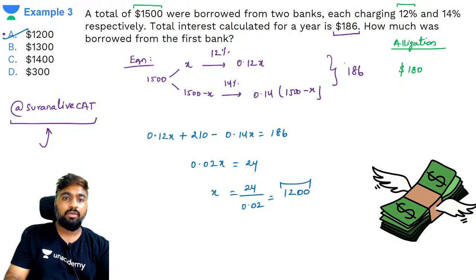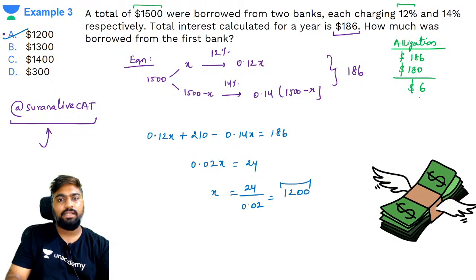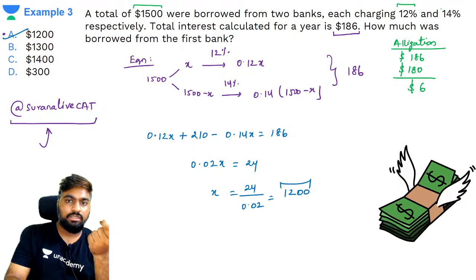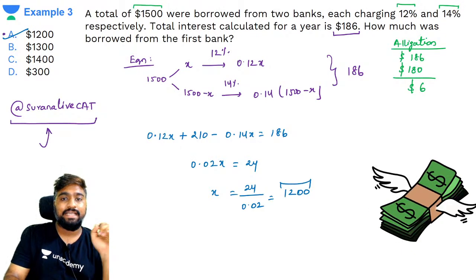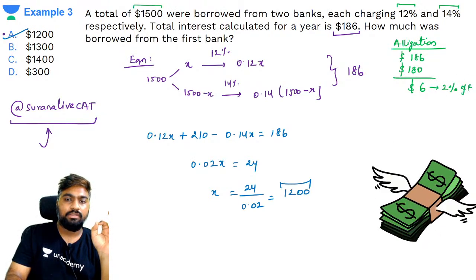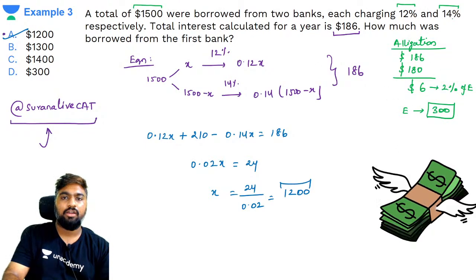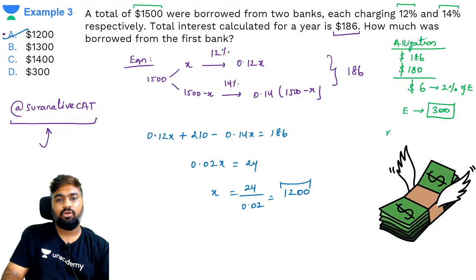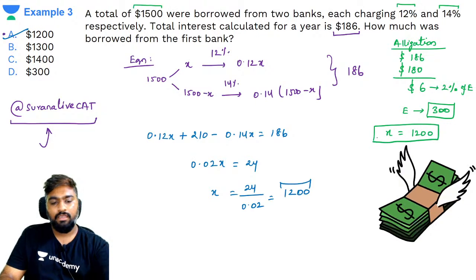$180 मिलता मेरे को, बट मेरे को एक्चुअल में कितना मिला, $186 मिला। ये $186 क्यों मिला, जो ये एक्स्ट्रा $6 मिला वो क्यों मिला, क्योंकि कुछ अमाउंट 14% पे भी लगा था, मतलब 2% एक्स्ट्रा पे भी लगा था। तो कौन सा अमाउंट एक्स्ट्रा था, 2% ऑफ एक्स्ट्रा अमाउंट वुड बी 6। तो अपना एक्स्ट्रा अमाउंट कितना हो गया, 300। तो अगर एक्स्ट्रा अमाउंट 300 है, 1500 में से $300 14% पे लगा था, तो 12% पे कितना लगा, 1500 माइनस 300, 1200।